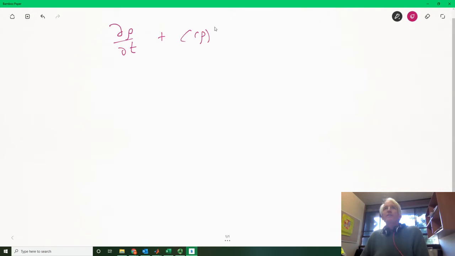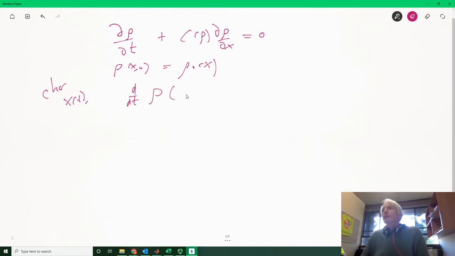So here is our equation. It's not dx. The rho dx equals 0. And we have initial conditions that rho of x comma 0 equals rho naught of x. Okay, so we're going to do characteristics here. So we've got the curve x of t. So we want to work out what the absolute derivative of the density of x of t comma t